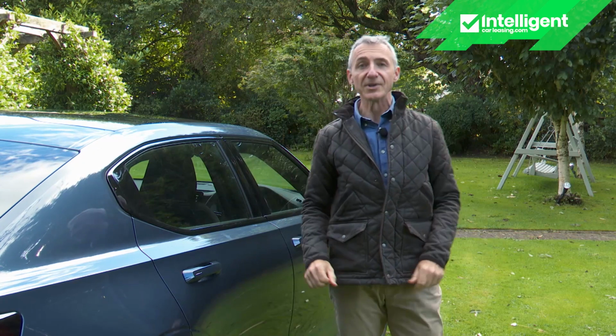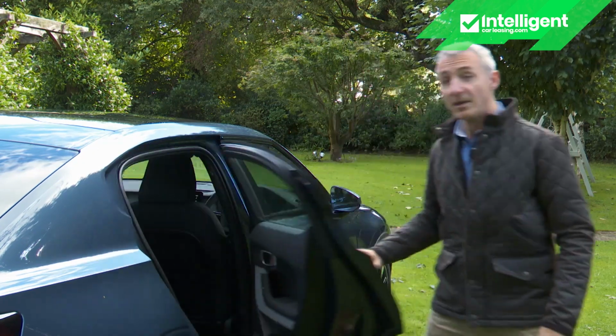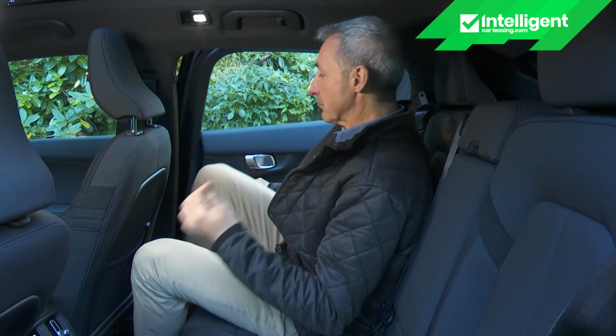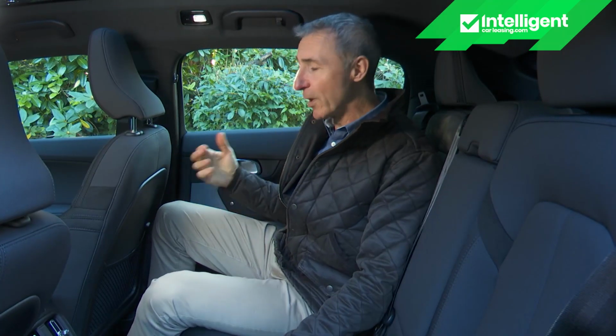Okay, time to take a look in the rear. Now the door opens nice and wide. And it shuts again with a quality thunk. But you're not going to want to share the rear part of this cabin with more than one other adult